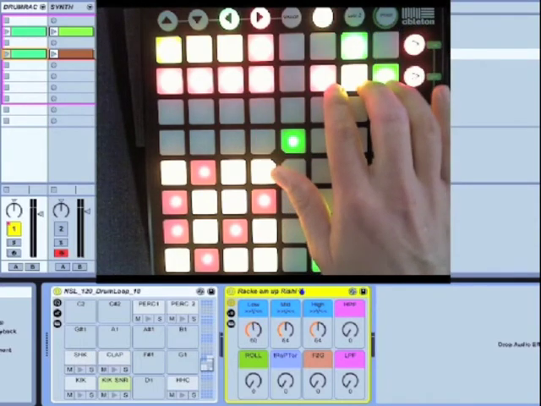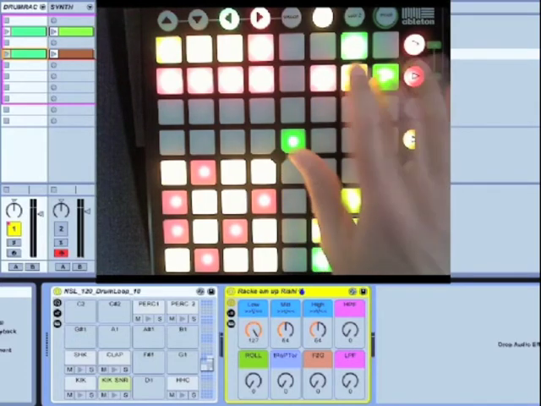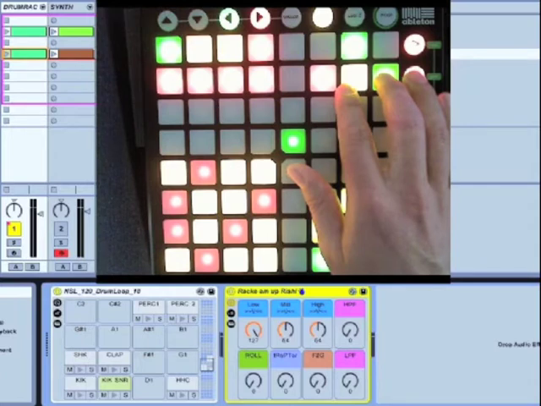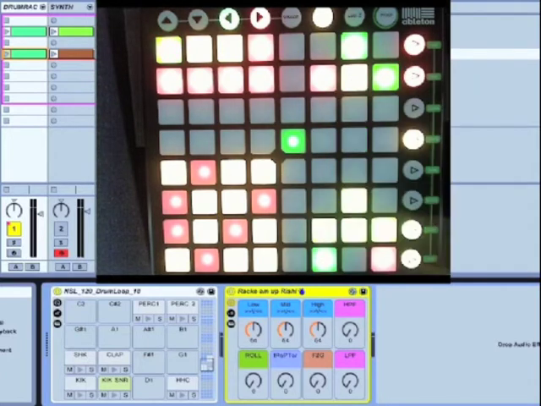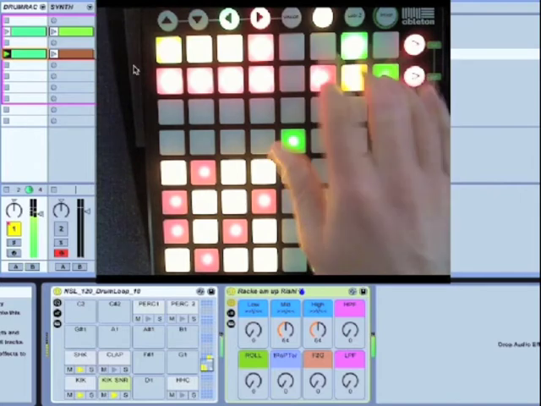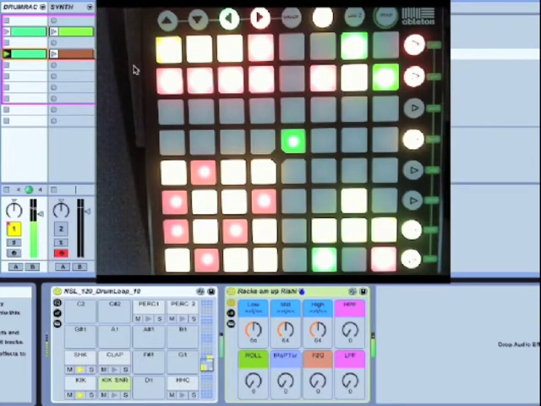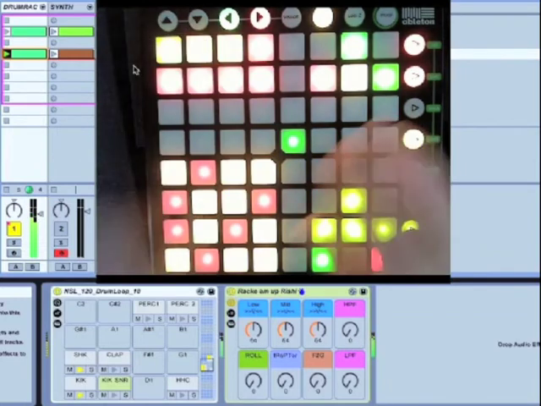Here I can jump to 3 different values: 0, centered 64, and full value 127. So if we get our beat going, I can select the first macro, pull the beat out, drop it back in, switch over to high pass filter,